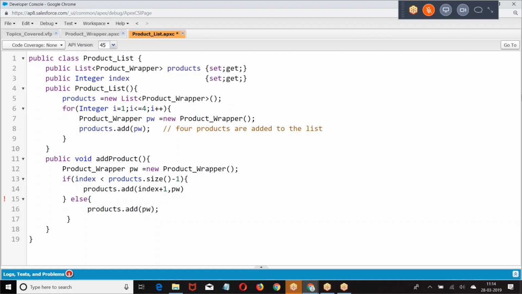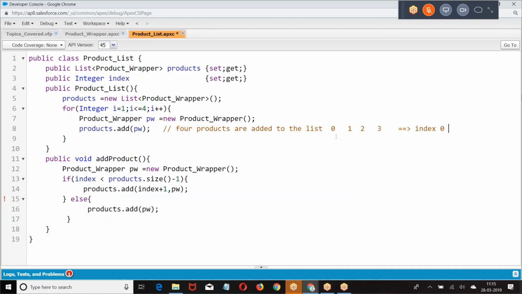this is how we got it. Now, look at this. If I have 0, 1, 2, and you clicked on the first row, so you got index equal to 1. Index is 0, and 0 is less than 3.